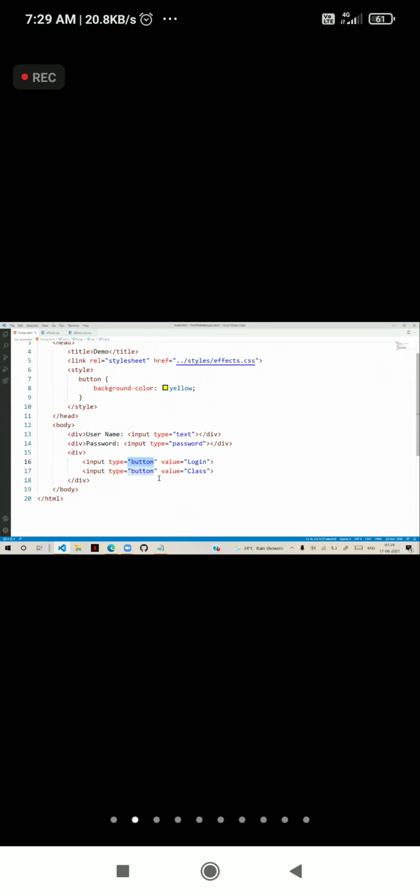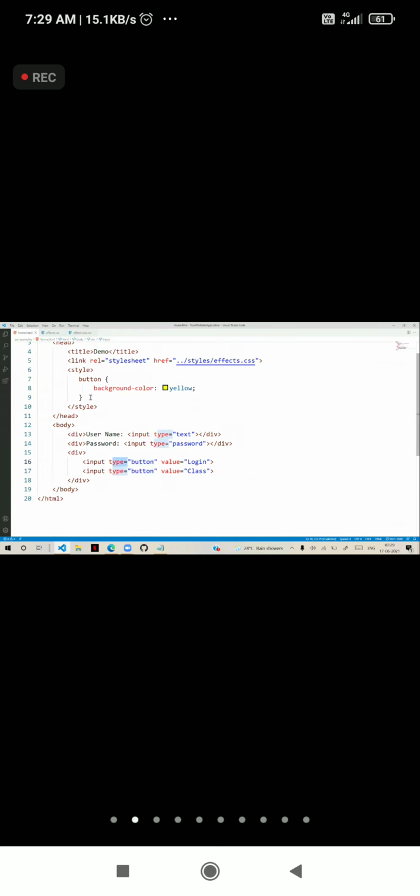So is button a tag name or an attribute name? In this example, is button a tag name or attribute name? What do you say? So in this example, button is actually, yeah, good, attribute name.